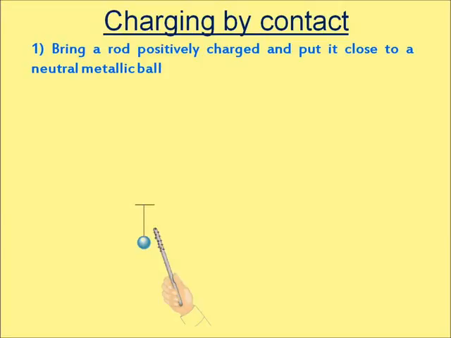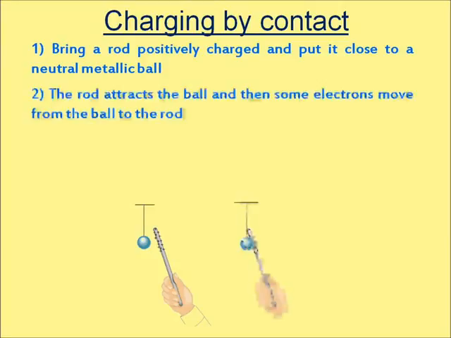Bring a positively charged rod and put it close to a neutral metallic ball. You will notice that the positively charged rod attracts the neutral ball. Then when they come in contact, some of the electrons move from the ball to the rod, and you have